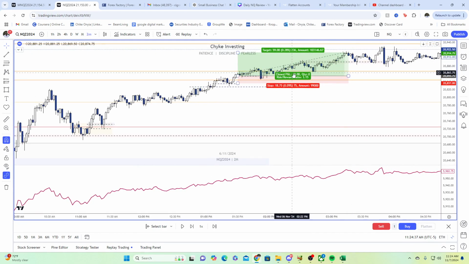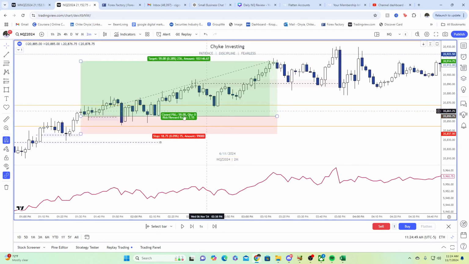Two really good 22 models. And you see how much easier and more confident you can take a 22 model. Even though this is in a deep premium, if you understand the underlying bias of why price is going to go in a certain direction, you're going to be so much more confident about taking your trades, right? And so what would have happened here?